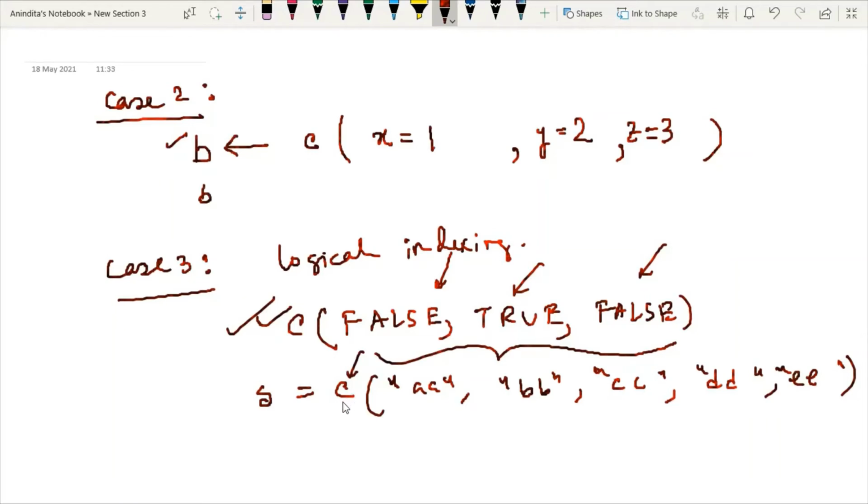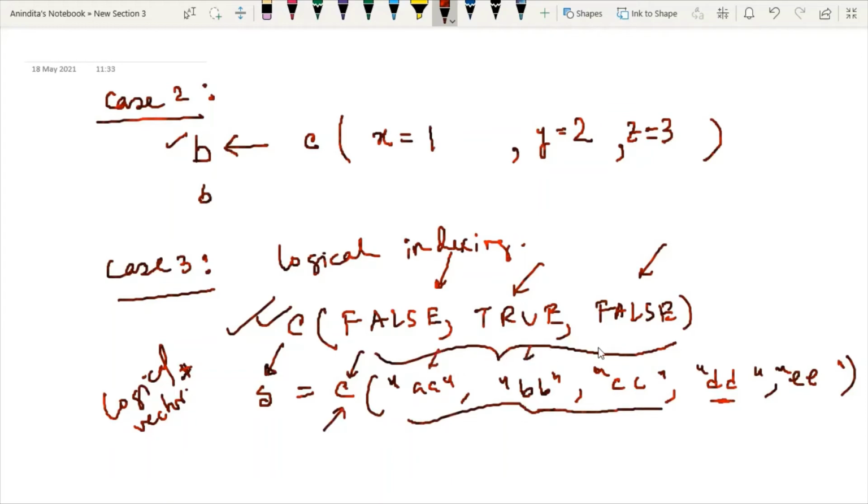Now, to retrieve the second and the fourth element from this variable s, what can we do? At this point, we can define a logical vector. Try to understand this point. What is the use of a logical vector here? Because s is not a logical vector. This is a simple vector containing character values, meaning character components.